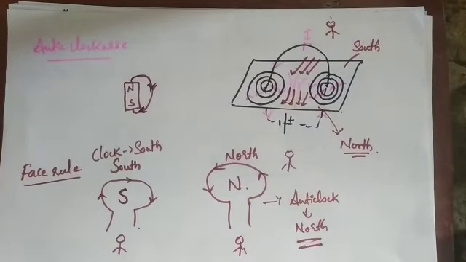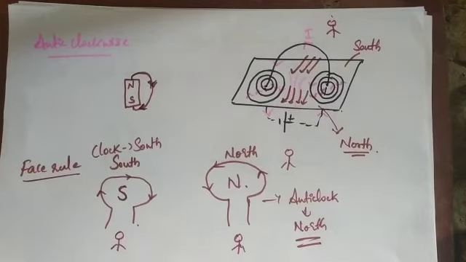Got it? So this is about the magnetic field lines around a current carrying loop. If you understand the loop and how it functions, then it is easy for you to find the next one, which is the field around a solenoid. So this is today's topic. If you have any doubts, let us discuss in the interaction section.